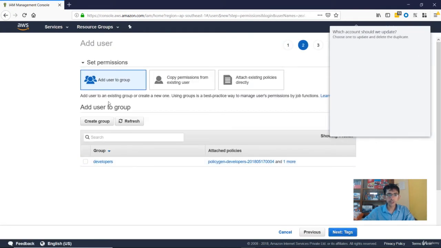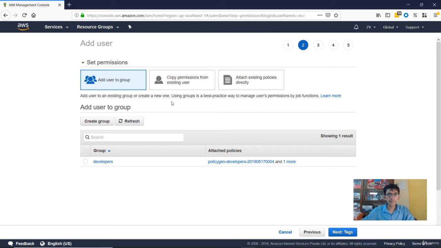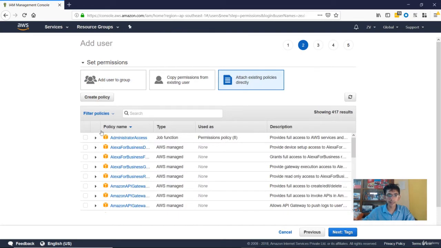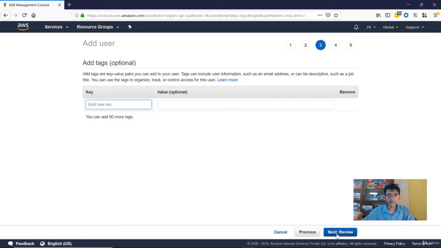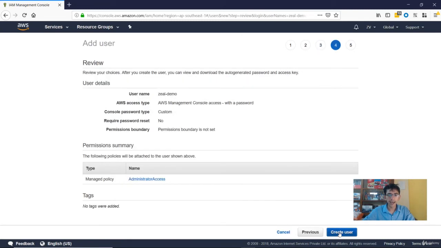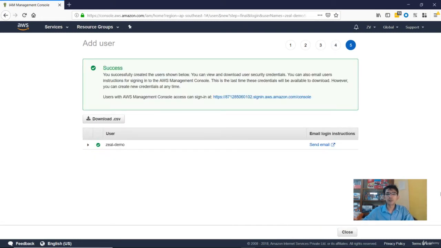Now within the permission, you need to attach the relevant policies which are applicable for this user. I'll say the administrator access, and you can do a next, you can do a review and go ahead and create a user. Perfect. So one important part to remember is that once you have your user created, he needs